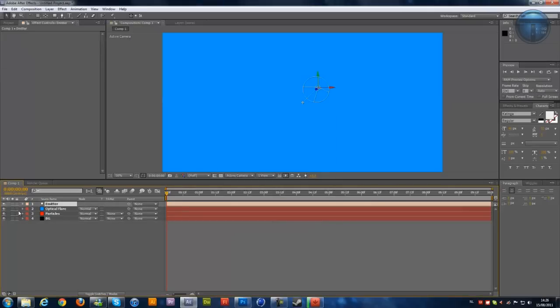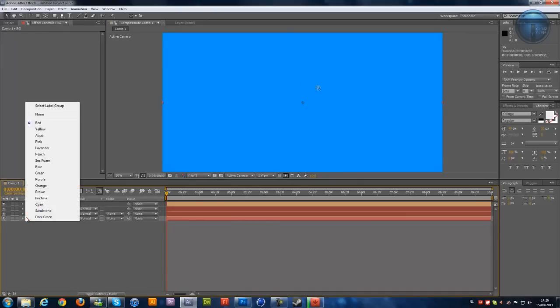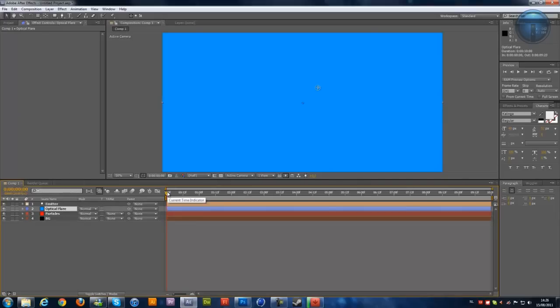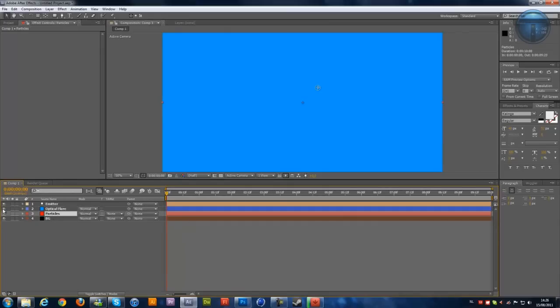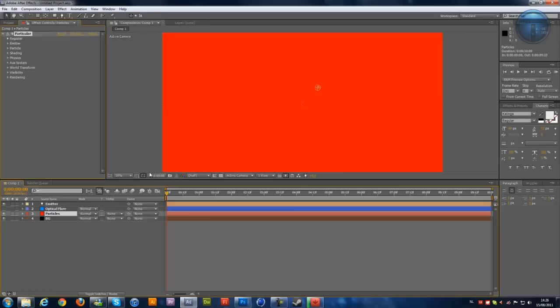Now we can change the colors from the layers over here again, so the particles are red, the background will be brown, and the optical flare is blue. Okay, so now you can see a lot of differences between these. We are going back to the particles, and we're gonna close the eye from the optical flare because we won't use it right now. So just close this down, go to particles, go to effect, Trapcode Particular, and now we're